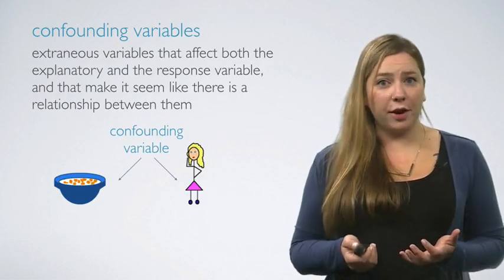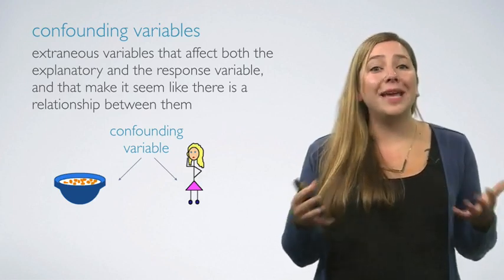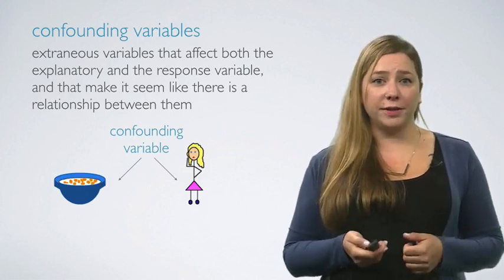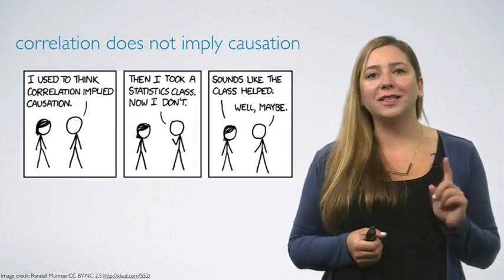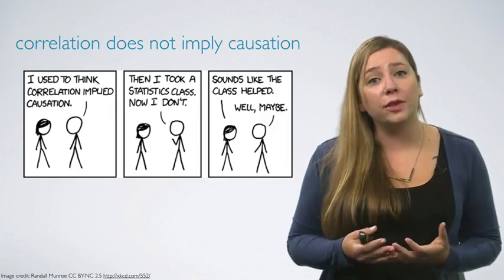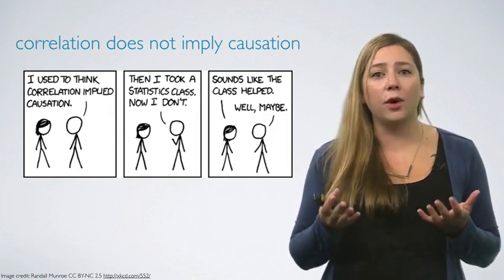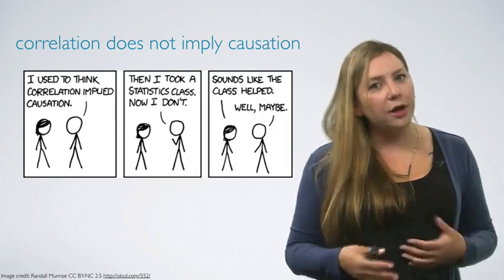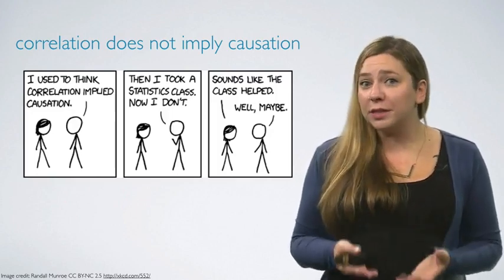Such extraneous variables that affect both the explanatory and the response variable and that make it seem like there is a relationship between them are called confounding variables. If you're going to walk away with one thing from this class, let it be correlation does not imply causation. And what determines whether we can infer causation or just correlation is the type of study that we're basing our conclusions on. Observational studies, for the most part, allow us to make only correlational statements, while experiments allow us to